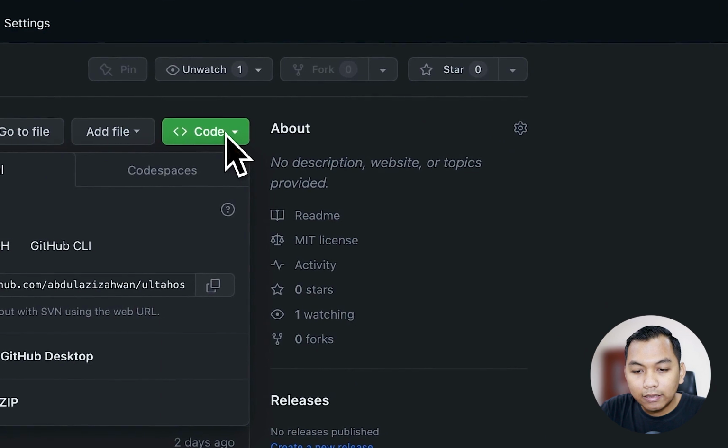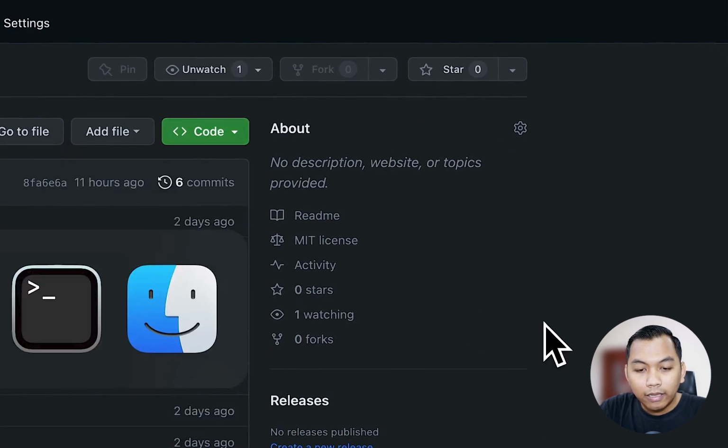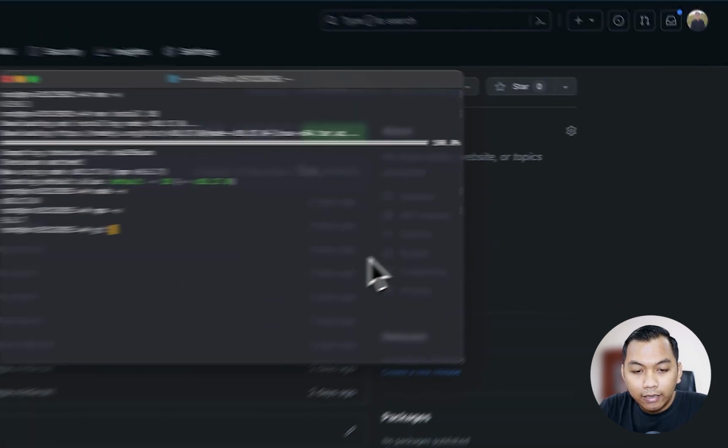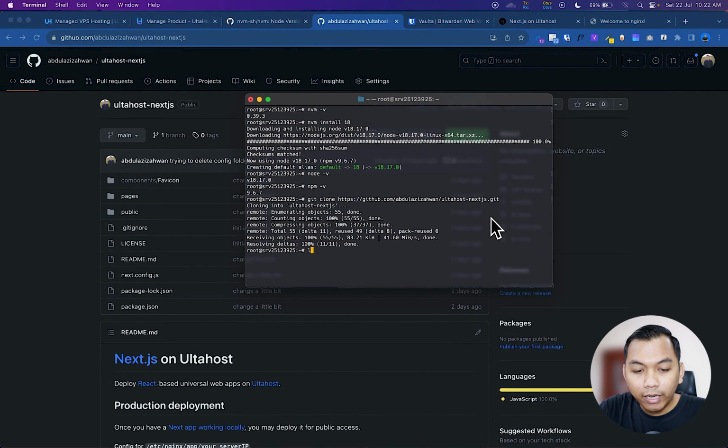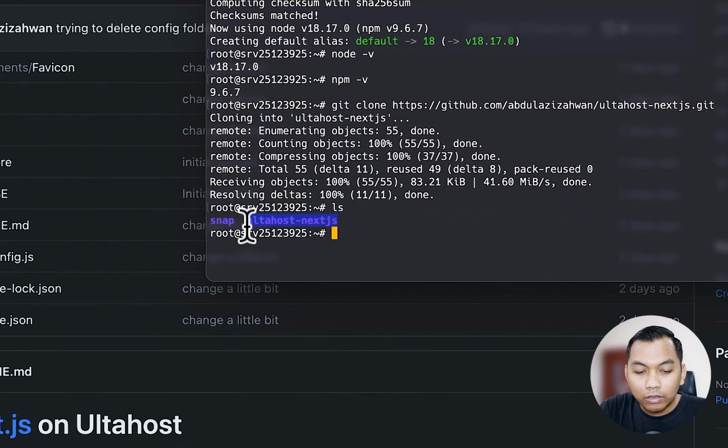We can just copy this code, and then let's say here git clone, and then paste here. And when we say ls, we will see this repository on our server.